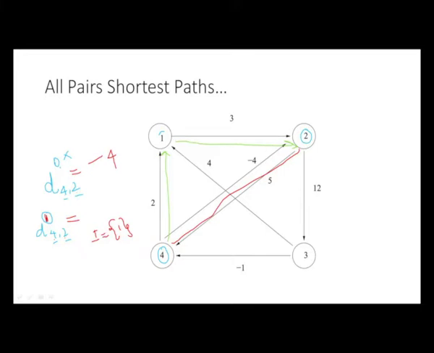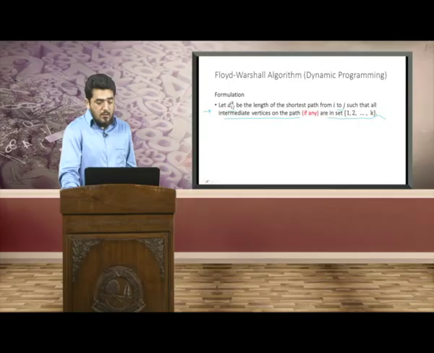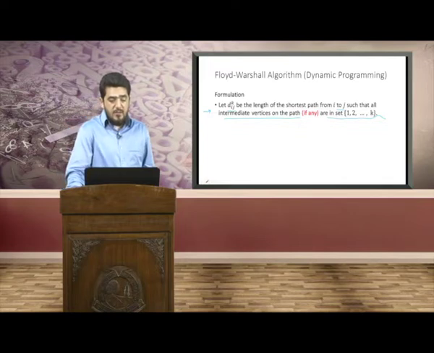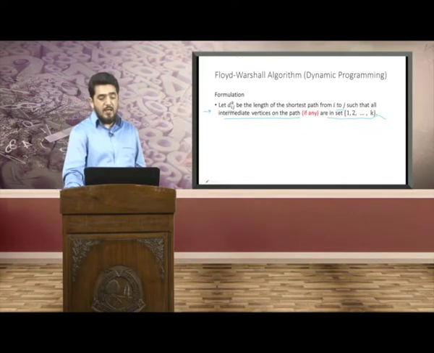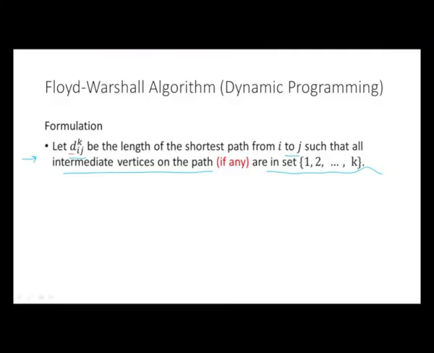So, we will use this notion to build other definitions. As you can see on the slide, we are considering d(i, j) superscripted by k to be the length of the shortest path from i to j, such that all intermediate vertices on the path, if there are any, are in the set 1, 2 and so on up to k. So, the set of intermediate vertices whenever we are specifying k has to be from 1, 2 and so on